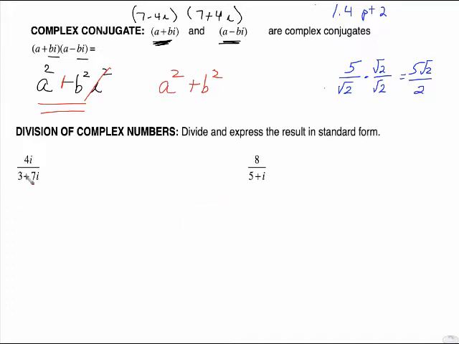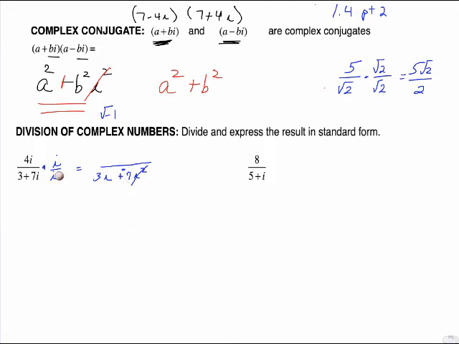You might look at this and say, hey, I don't have a radical in the denominator, but you do, because remember that i stands for the square root of -1. So we do have a radical in the denominator. You might think, oh, let's just multiply top and bottom by i. Well, 3 times i is 3i, and 7i times i is 7i squared. And yes, I could cross that out and change that sign, but I still have an imaginary in the denominator,